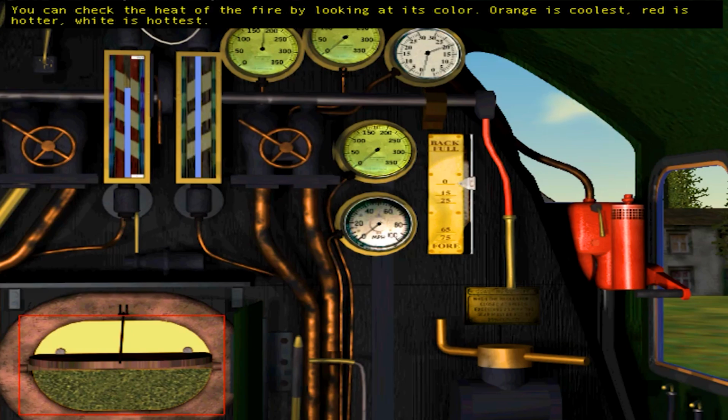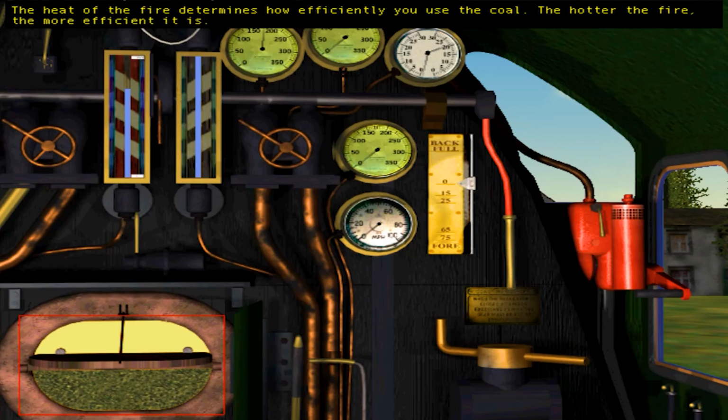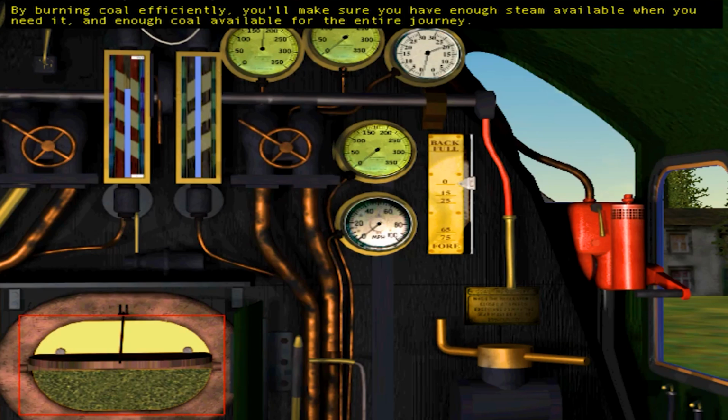You can check the heat of the fire by looking at its color. Orange is coolest, red is hotter, white is hottest. The heat of the fire determines how efficiently you use the coal. The hotter the fire, the more efficient it is. By burning coal efficiently, you'll make sure you have enough steam available when you need it, and enough coal available